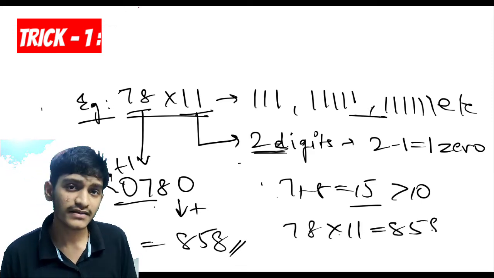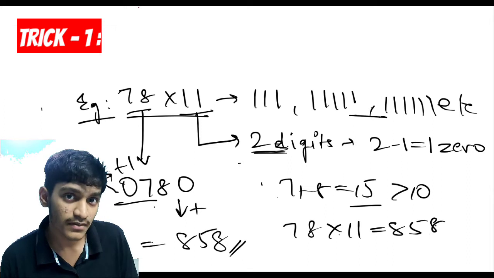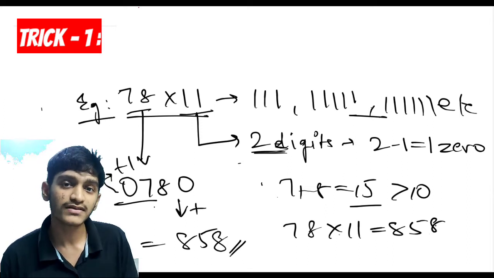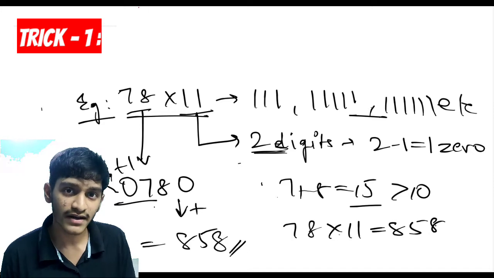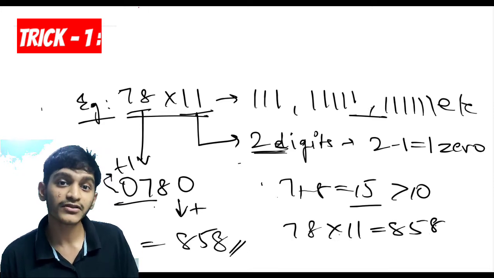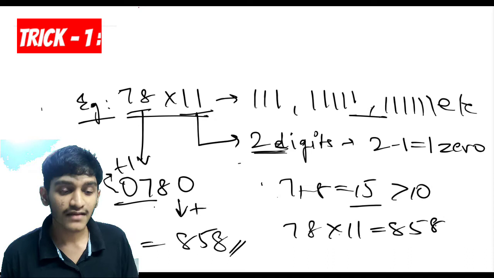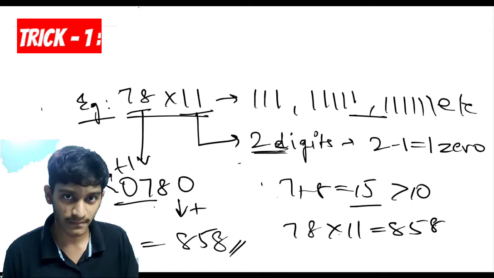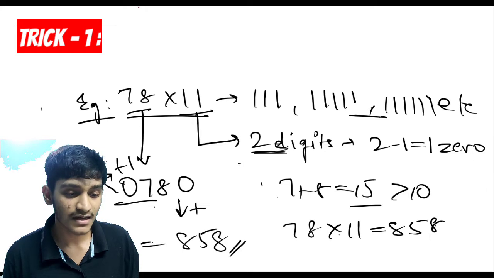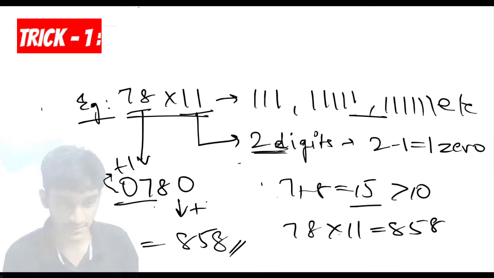So I have successfully done the multiplication of two two-digit numbers, where one number was random, but the other number was 11, and it can be extended to 111, 1111, 11,111, and so on. The common pattern between these numbers is that they consist only of the number 1. So let me give you another example and try to solve it at a better pace.